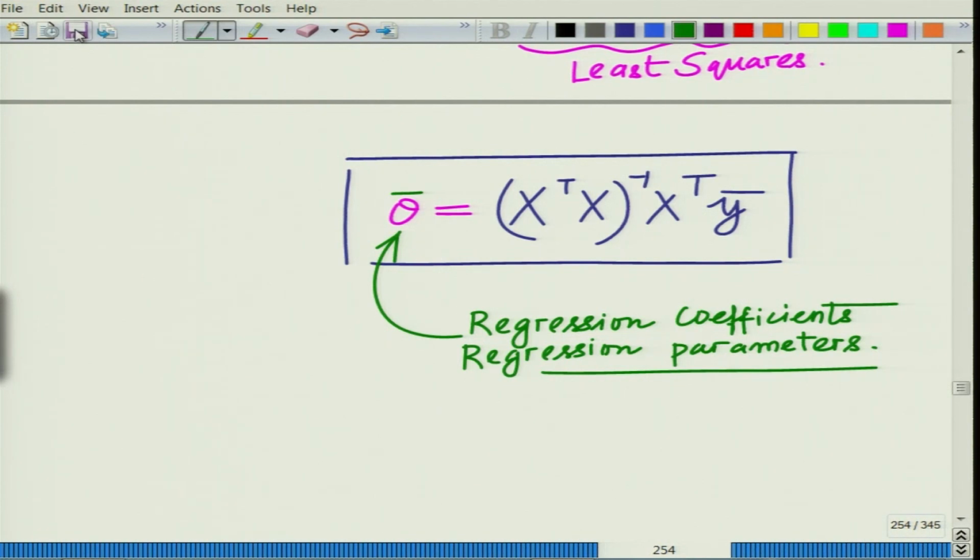So, thus essentially one can use once again the least squares paradigm that we have developed so far, and determine the regression parameters or the regression coefficients theta bar, which is basically the vector, if you remember, theta naught, theta 1, theta 2 up to theta n. So, it also includes that intercept term theta naught,